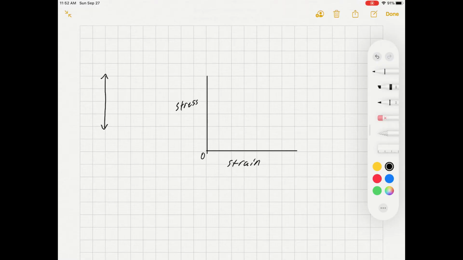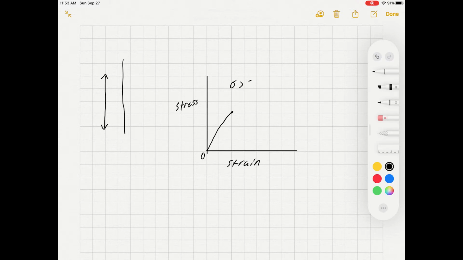So let's pretend that this is a metal wire which is being elongated on both sides, right? So if that's the case, then the stress will start to increase, right? So as the wire grows in length because it's being stretched. And then if you were to stop elongating it, it will return to its normal length, right? But if you continue to stretch it, then at that point, the stress will become greater than